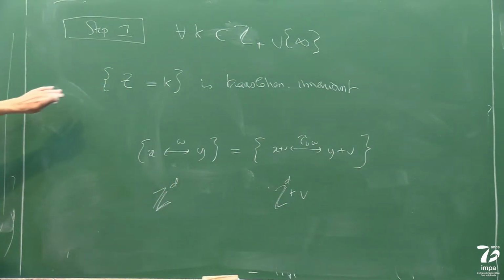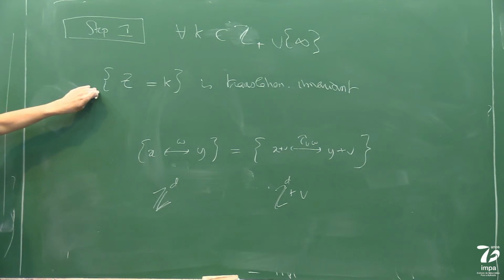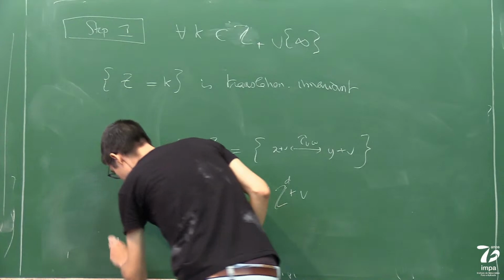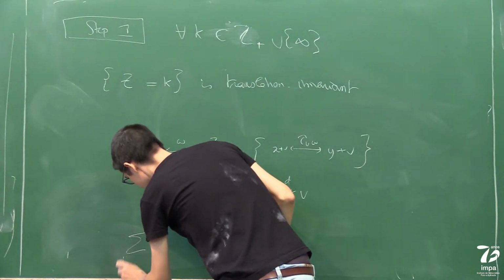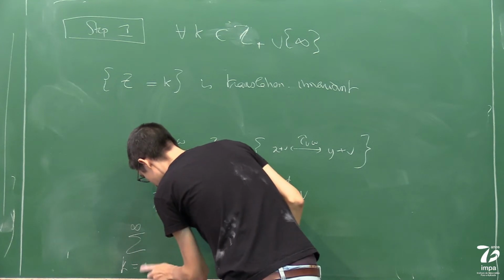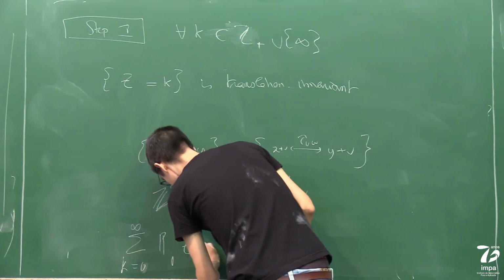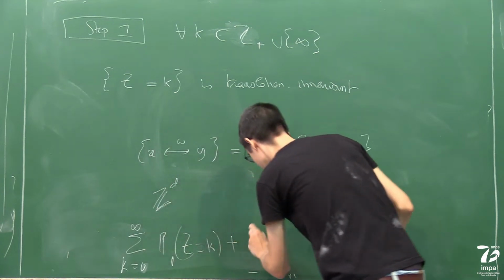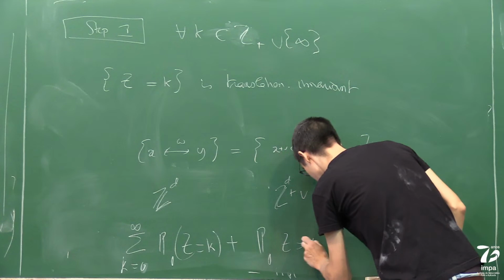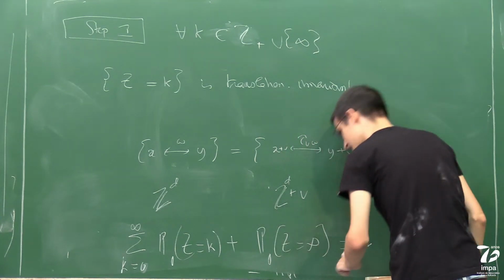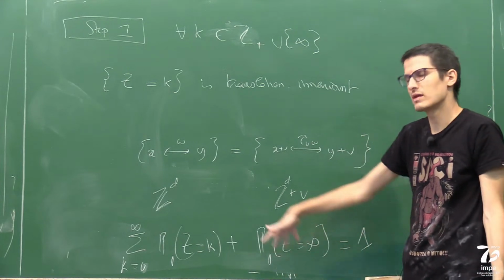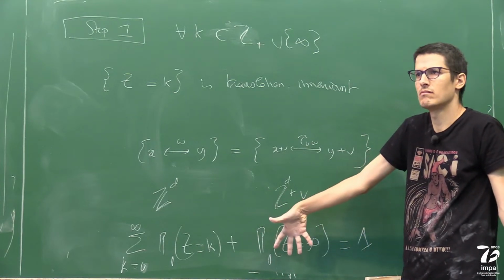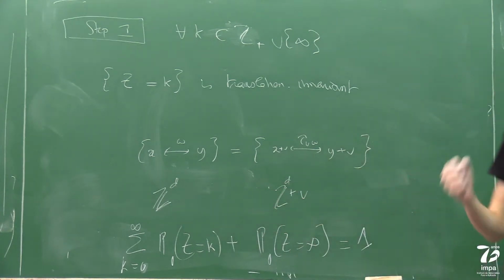Okay, so in particular, this means that the probability is equal to 0 or 1. Well, what I have is that the sum from k equal 0 to infinity of P_p of Z equal k plus P_p of Z equal infinity is equal to 1. So therefore, there is one term in the sum which is equal to 1. Okay, all the terms are either 0 or 1, by the previous theorem. So there is one term that must be equal to 1. Okay, so this is the first step. The second step